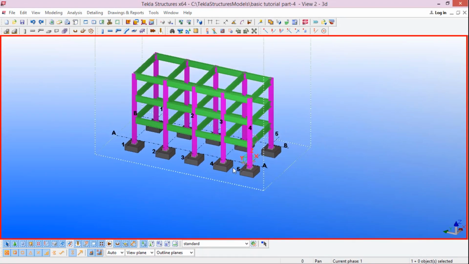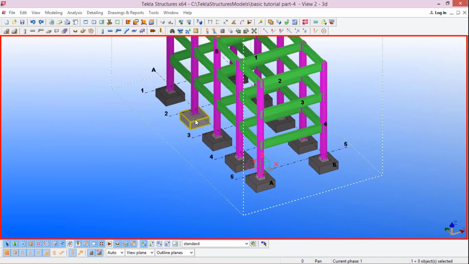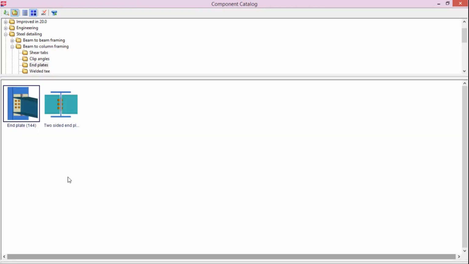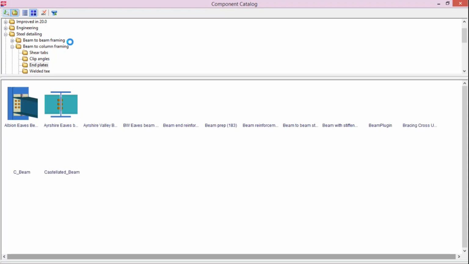I think now you got an idea about base plate connections. You have seen the different base plate connections here. You can apply any base plate options as per your requirement. Now we have to go to beam and column connection. So for that,